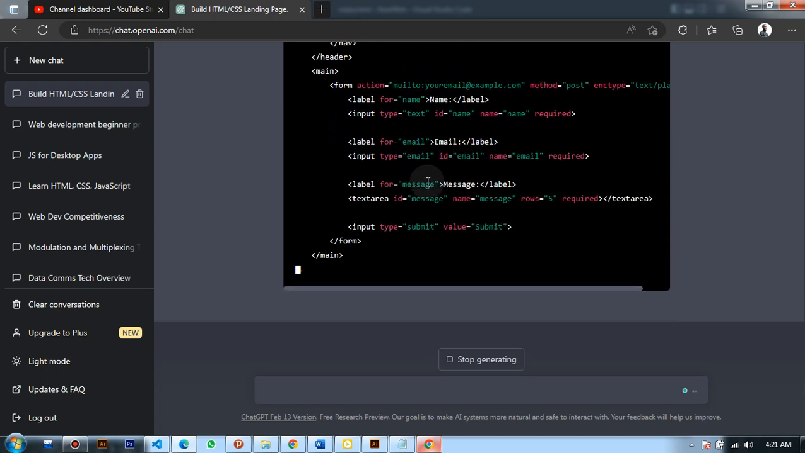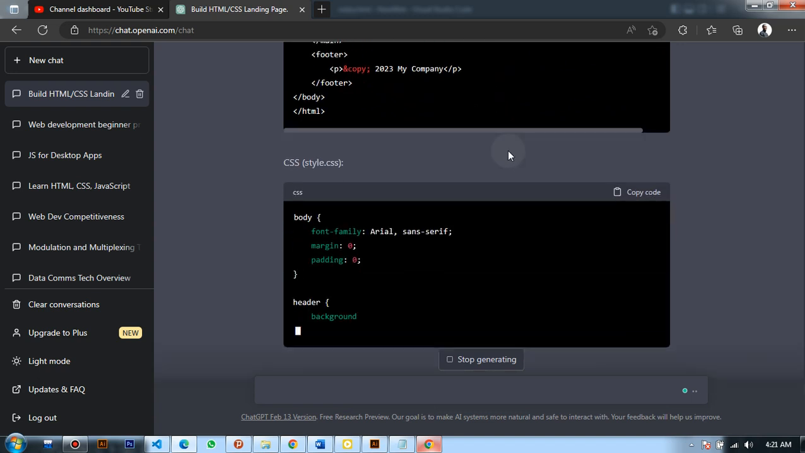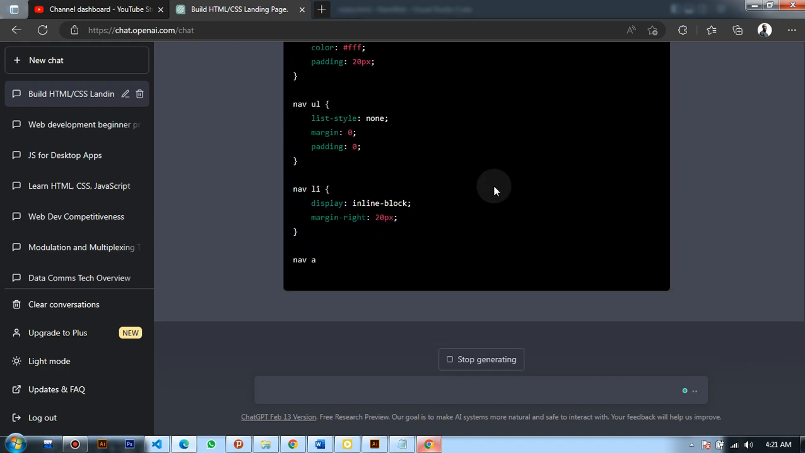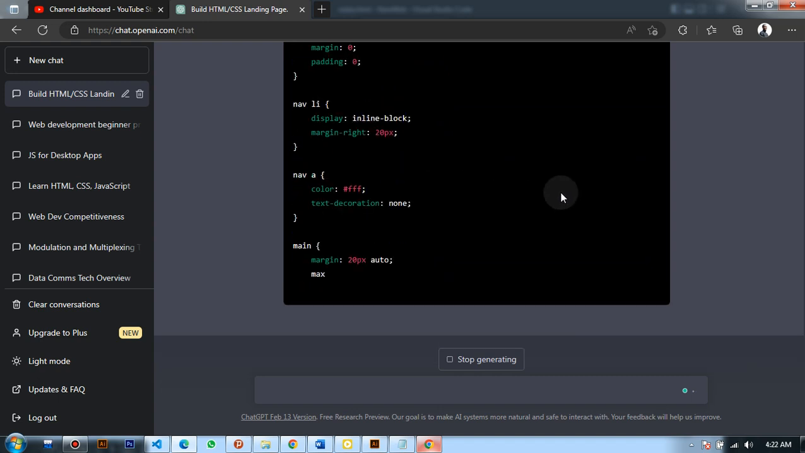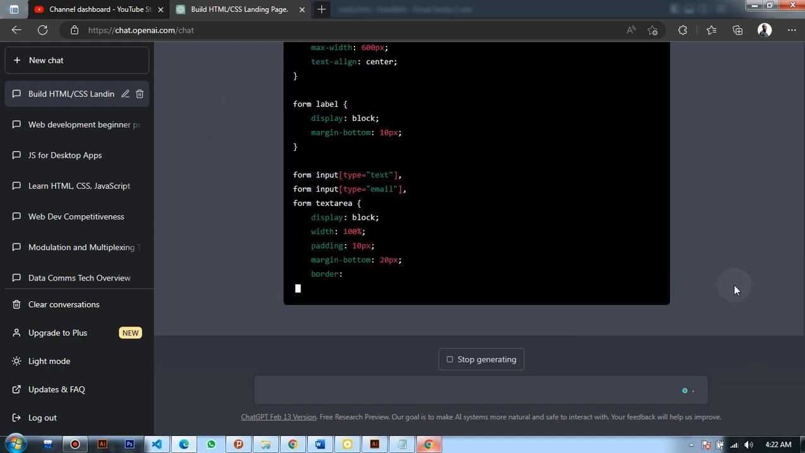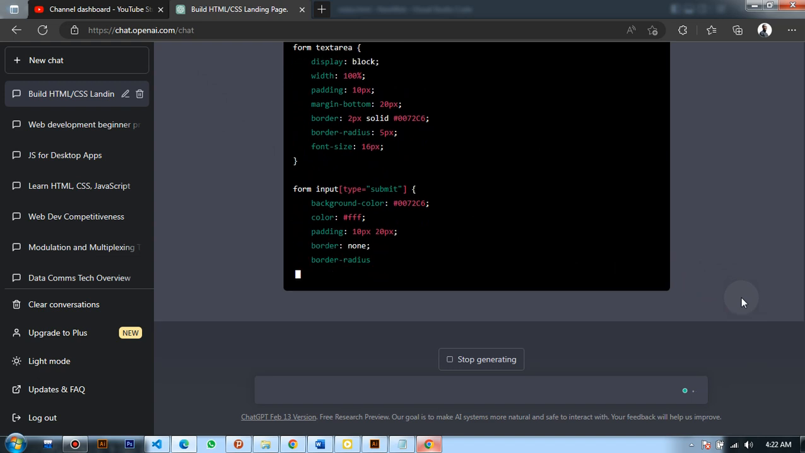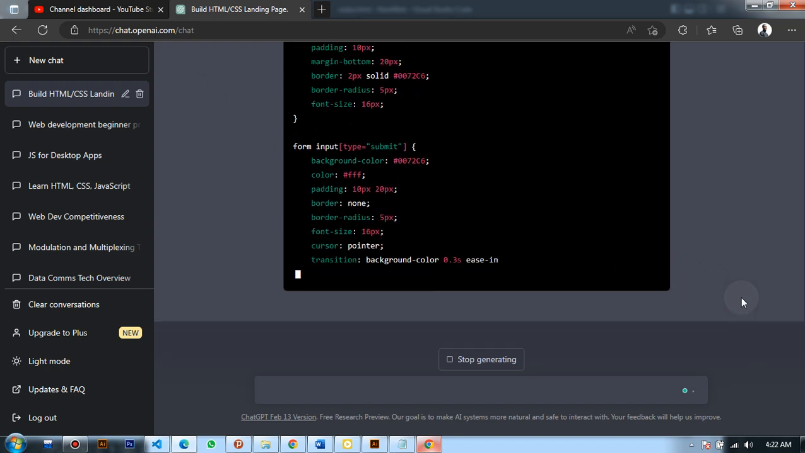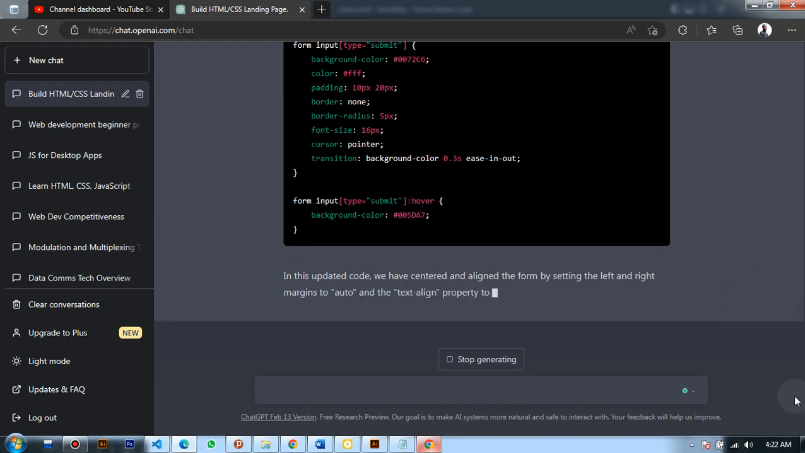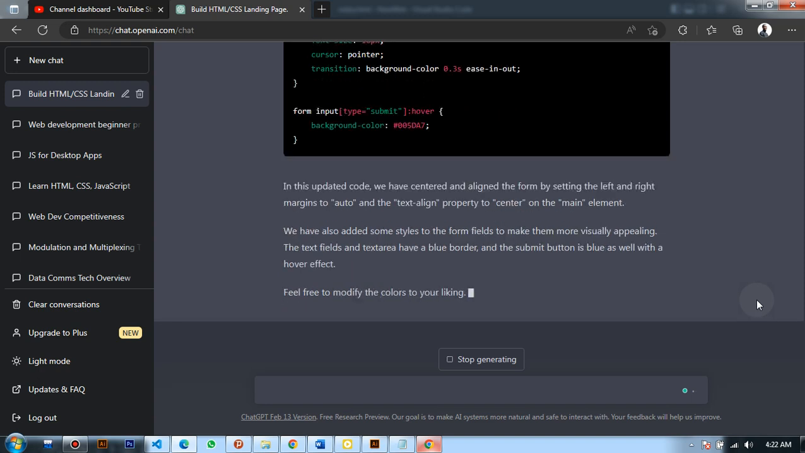So is it kind of making things up? Let me just check. Oh, this is the CSS code, right? Let's see if it is an updated one, or if it has copied from the previous. Okay, let's see. Okay, it's making the changes. This one is exciting, guys. As you can see, ChatGPT is doing some good things here, but will it reach a point where I really